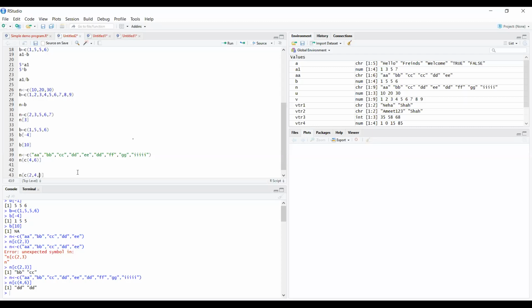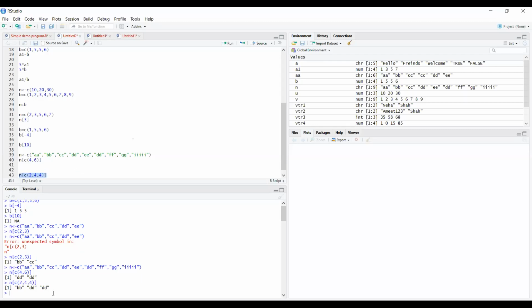If you don't know this, you can use this approach with duplicate values. See, over here we are getting the duplicate values of 4 and 4. If you don't know the values of the duplicate, simply pass some different values in the particular vector.